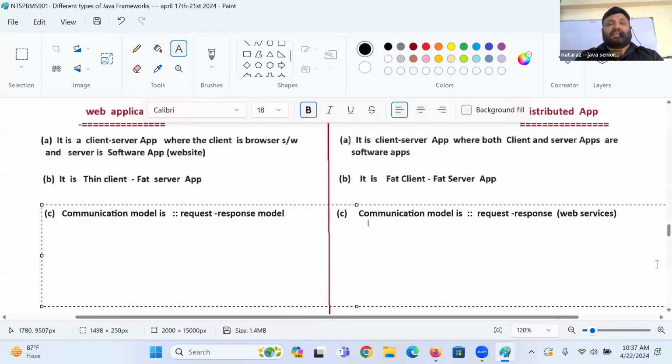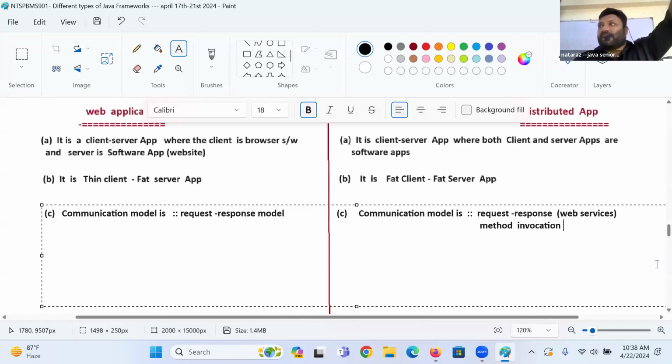And RMI is a kind of method invocation. Method invocation model, I will tell. Request response means client will generate the request, server will process the request, whatever output generated will come back to client again as a response.